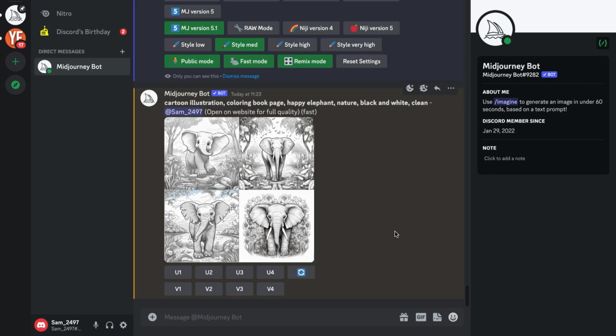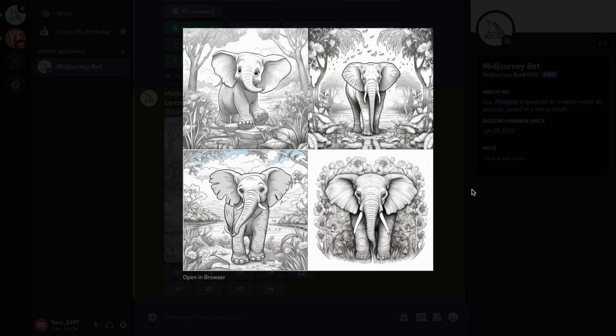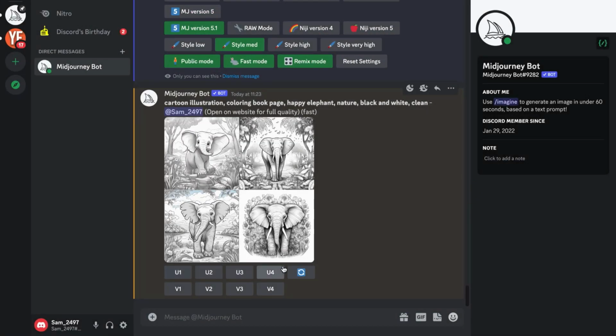So I'm back and this took about 30 seconds to load. And you can see there's 4 different options for our image that we want to use. These numbers down here, basically every single image is assigned a number. So this is number 1, this is number 2, this is number 3, and this is number 4. Any U just means upscale, so make a larger version of. And then V just basically means focus on that specific version or make 4 different images based on this kind